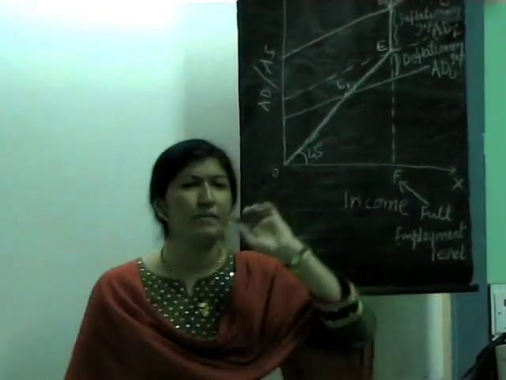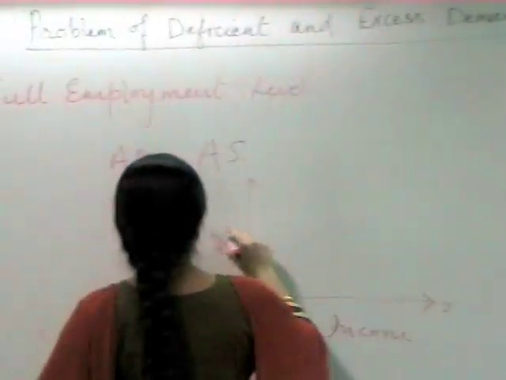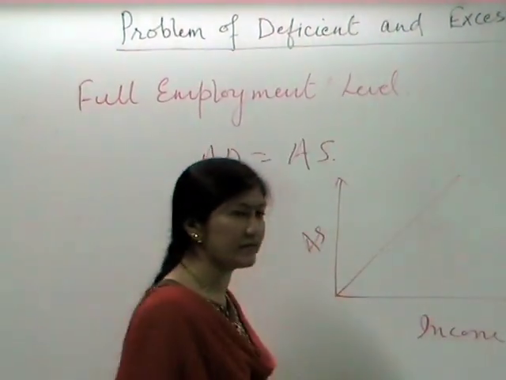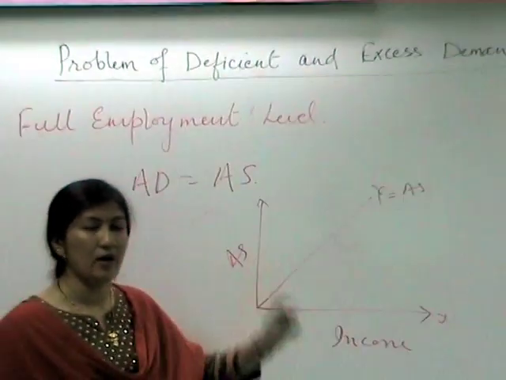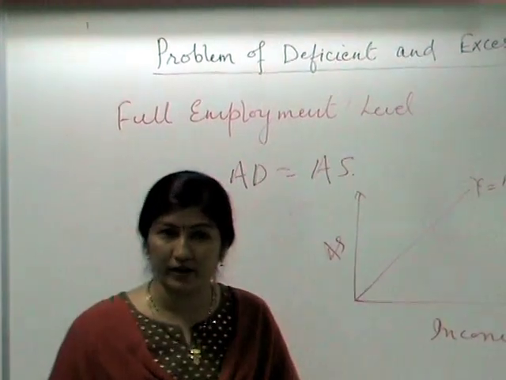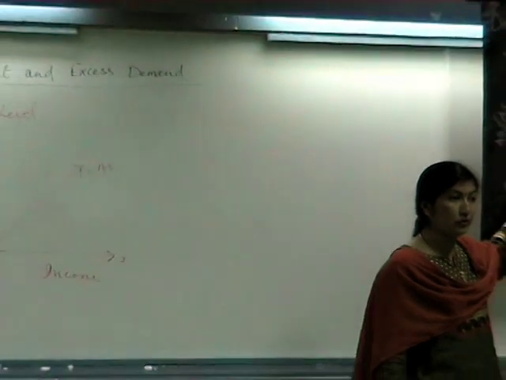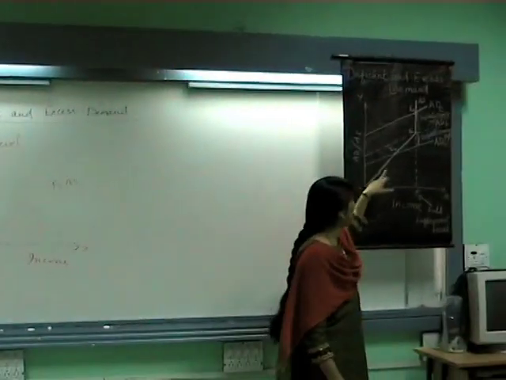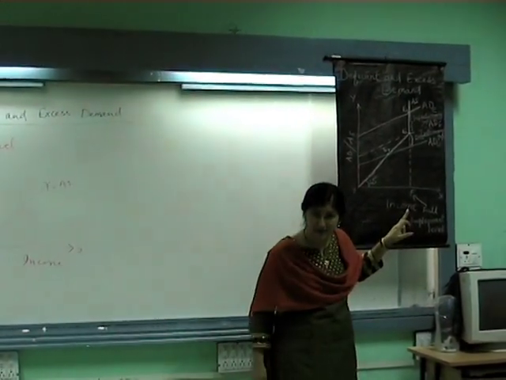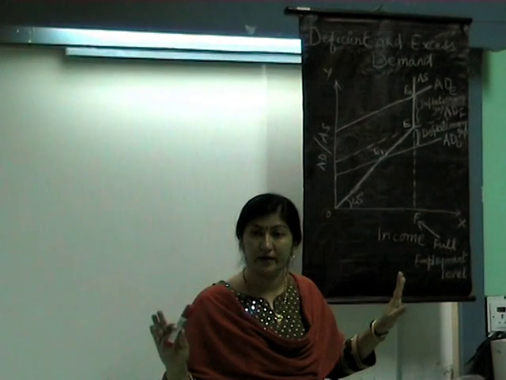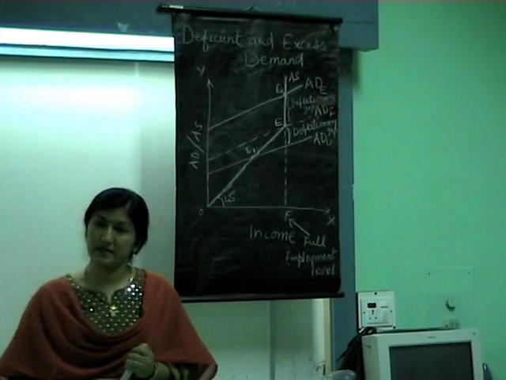Now just pay particular attention. Yesterday we studied that our aggregate supply curve was like this, which is proportionately increasing with income. Now, when we are talking about the concept of full employment level, what is happening? Your aggregate supply, or the total level of output or the flow of goods and services, will go on increasing till the full employment level. But once the full employment level is reached, your aggregate supply cannot be increased, and that's why it becomes a straight line parallel to the y-axis. Is this clear?